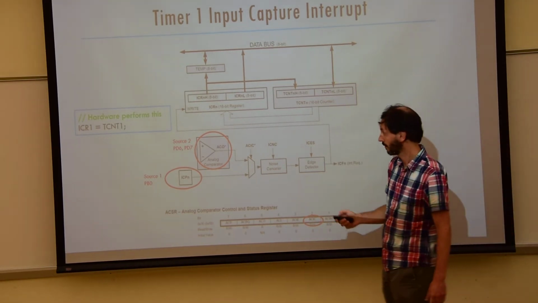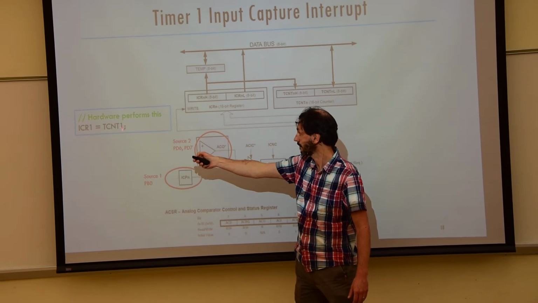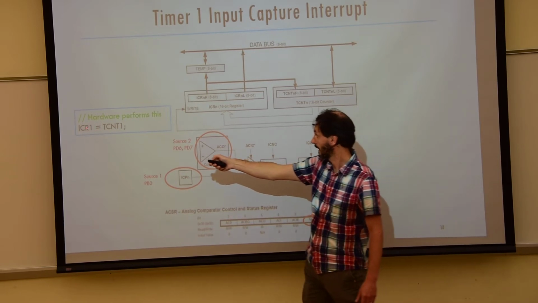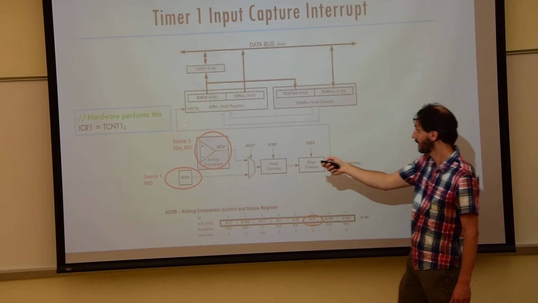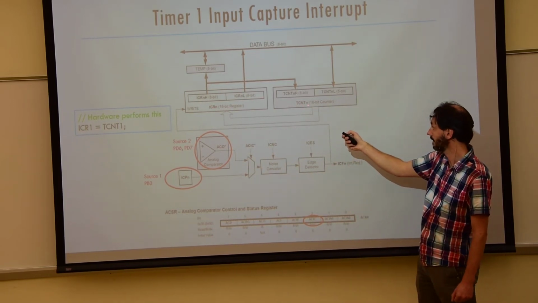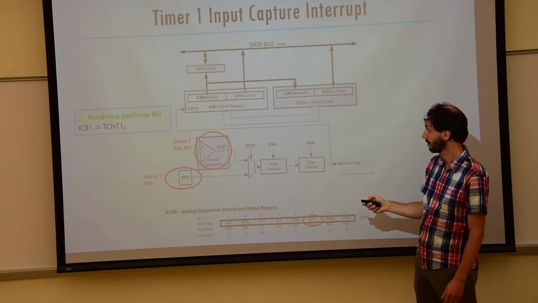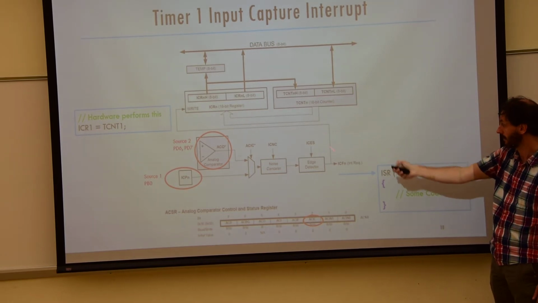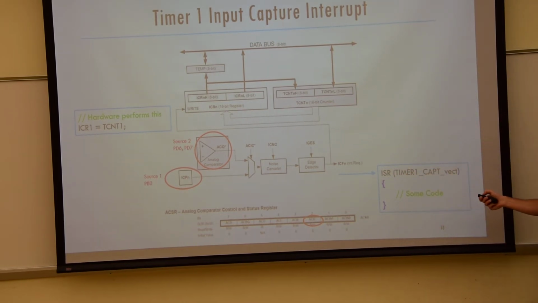So the hardware now performs this particular instruction. When this is triggered, ICR1 gets the current value of TCNT1 immediately. And clearly, when this enabling signal is given, if you have enabled the corresponding ISR, it will then execute the timer capture interrupt,